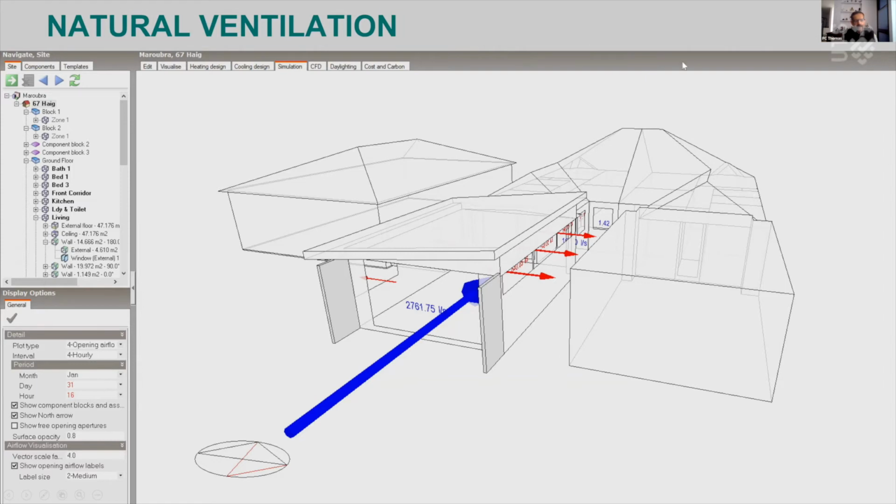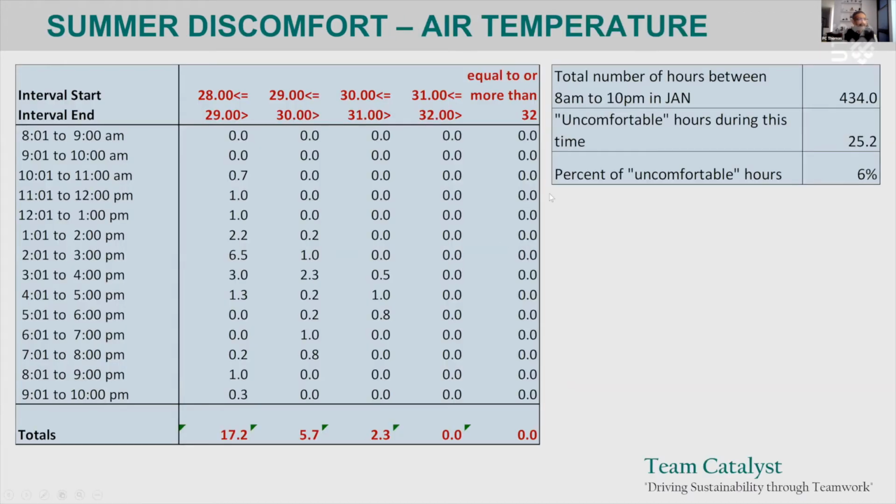Now, having done the simulation, I'm interested in how it works. So here we go. I did the same thing that we did for winter. I'm looking at how it works for summer, and I'm saying, okay, I can bear up to 28.